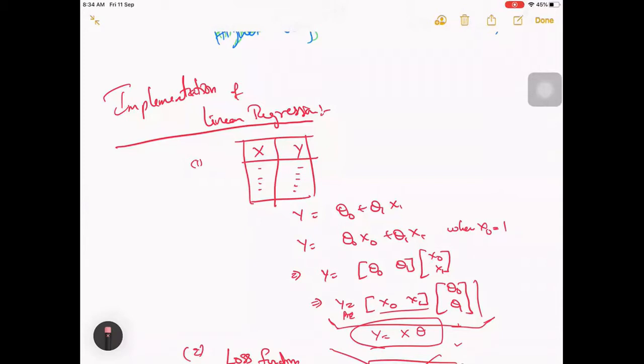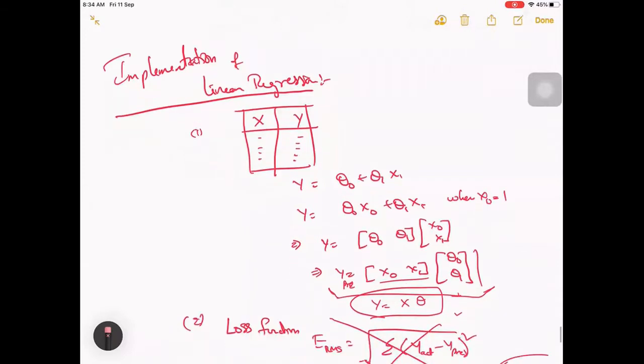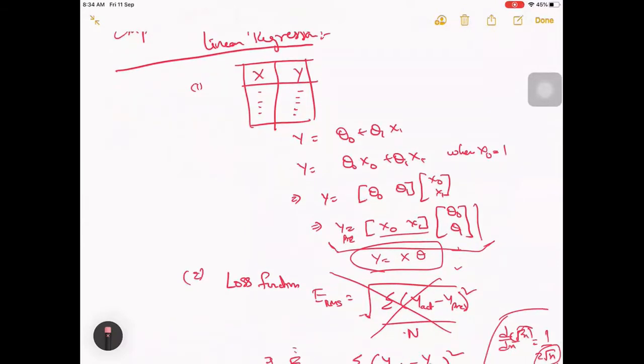Okay, so this is the first thing we have done at this level. So now let's also add something similar to this in our code as well.